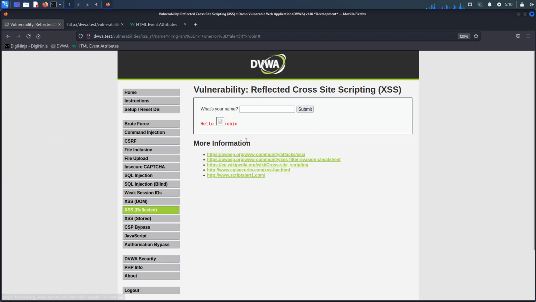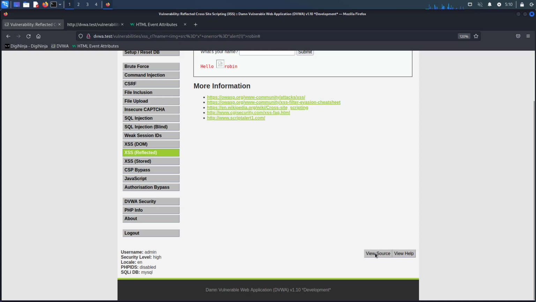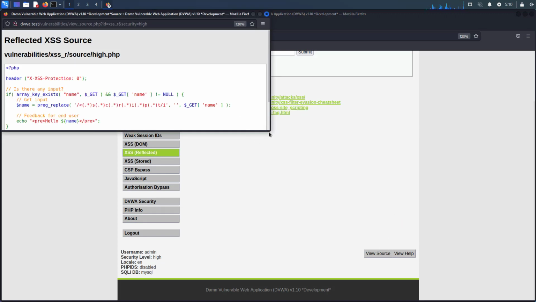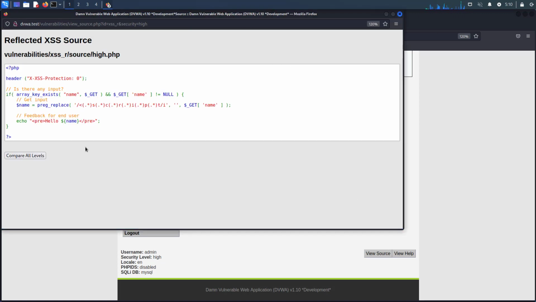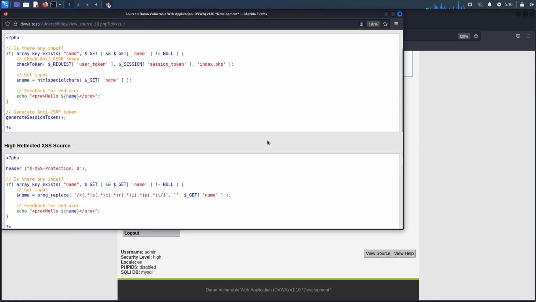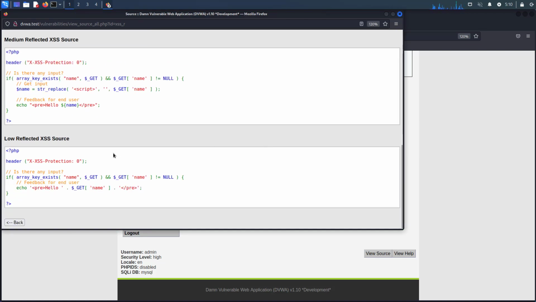So up to now we've managed to get reflected XSS in the low, medium and high levels. Let's just have a quick look at some source and we'll see why we were able to do this. So we'll start with the low. In the low, you don't really need to understand too much PHP on this, but basically what it's saying is